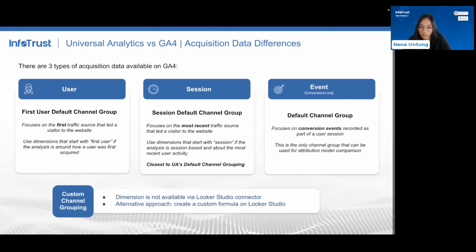And then the second type of dimension is the session default channel group. So this is the session-based version. It focuses more on the most recent traffic source that led the visitor to the website. Most ideal for session-based analysis and understanding most recent user activity. And this dimension is also what is closest to Universal Analytics default channel grouping, which might be a little bit